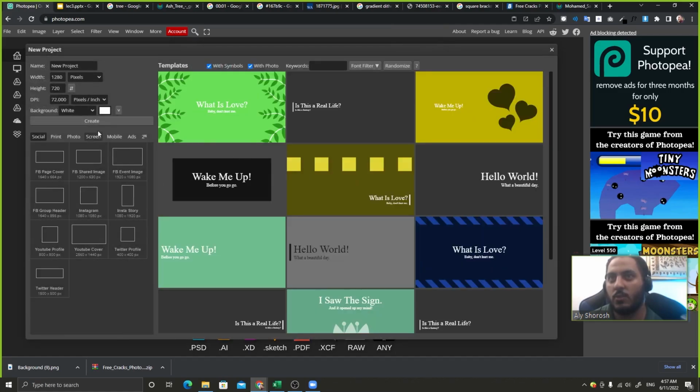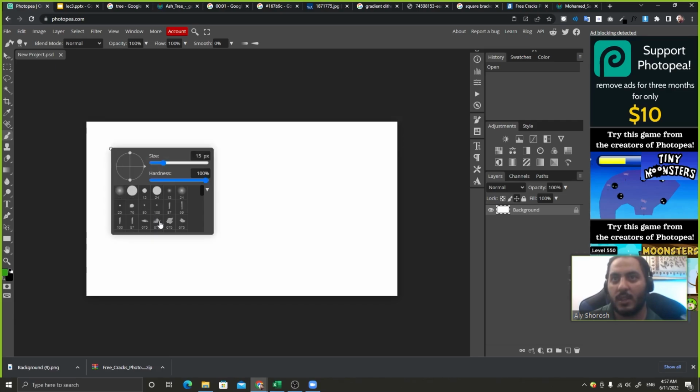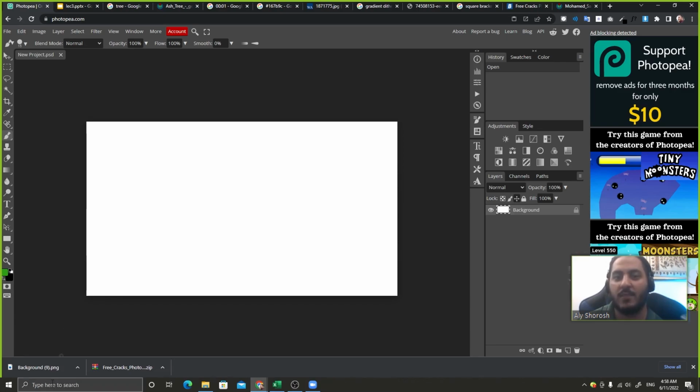And let's create a new project. And let's click on brush and right click. Okay, now my brush of Salah is missing, so I will not panic because I actually have the image